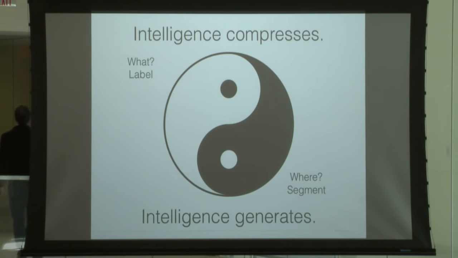Another question that's also valid and informative is where. Where is the thing? And when you're answering the question what, you're throwing away tons of data that could help you answer the question where. Localize it. Segment it. Sometimes that's called segmentation. That is where you're not just saying, oh, this is an image of a cat. You're saying the cat is over here, and its ear is here, and its other ear is there. And that's very useful